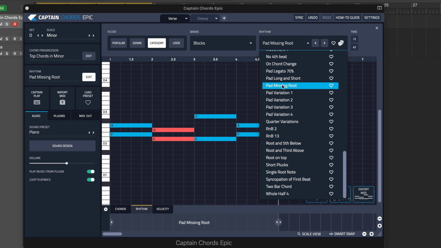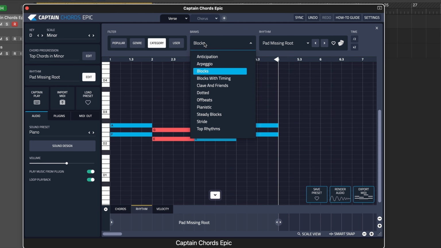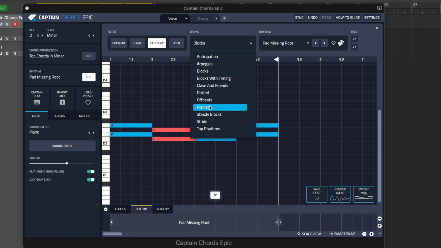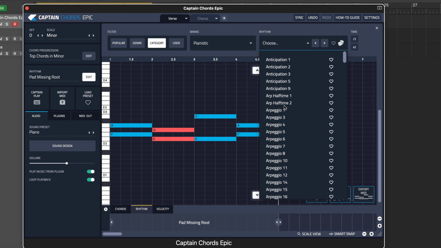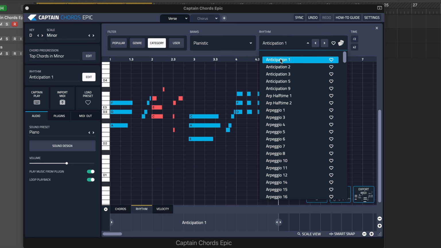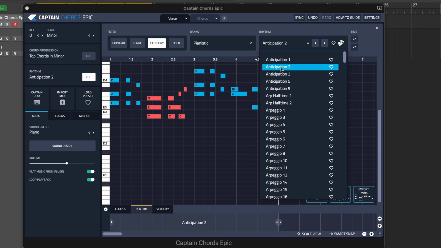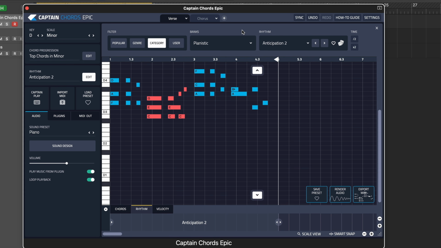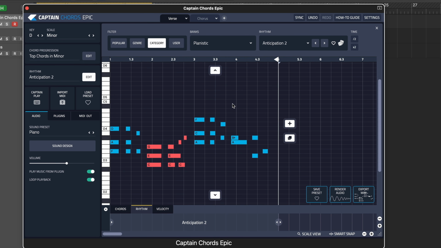A little bit robotic, but that might be what you're looking for. Whereas if you're looking for something that was maybe a little bit more like a real person playing the piano, you'd want to choose pianistic. And you can see here we've got like anticipation. See, that's a lot more detailed. And that might be a bit too busy for what we're looking for, but it's fun to try all these different rhythm presets and see which fit and, you know, inspire you to try something different other than just using standard chords changing on each bar. Let's try a few of these.